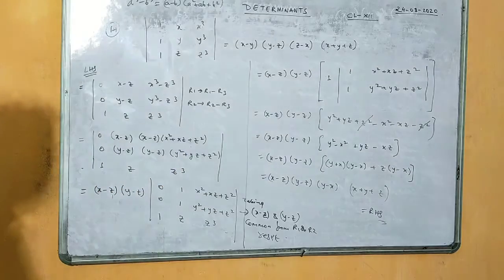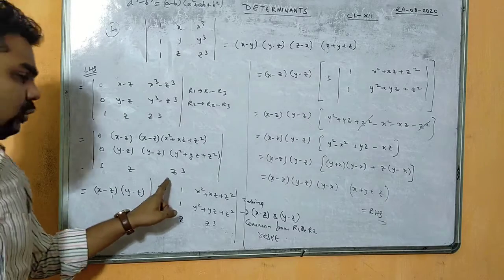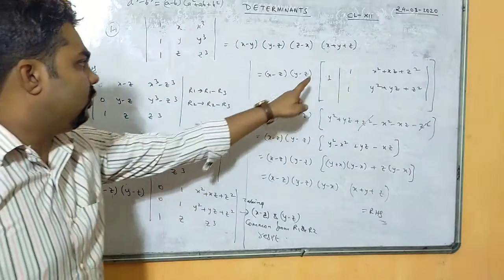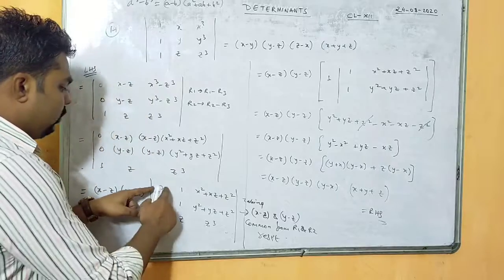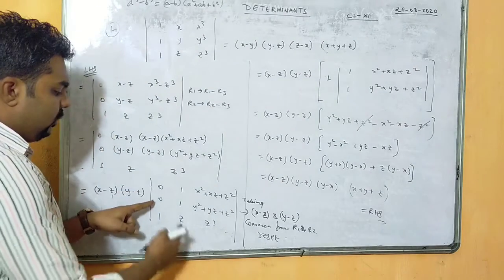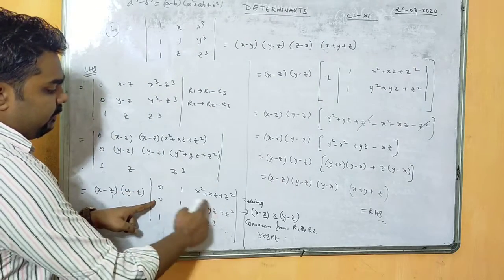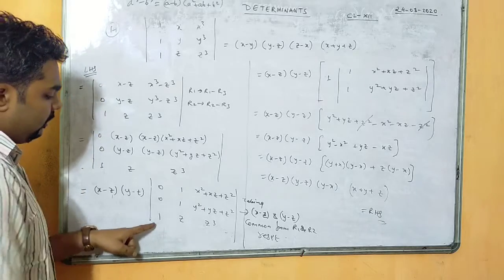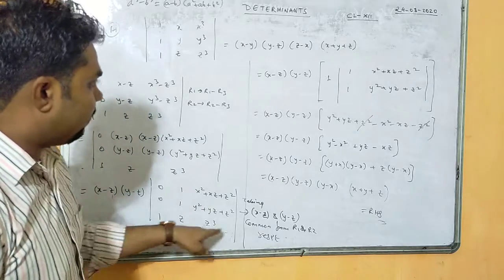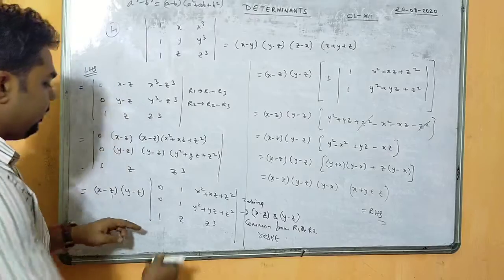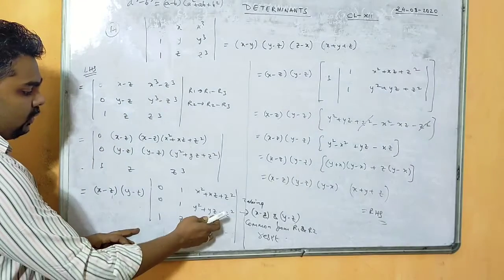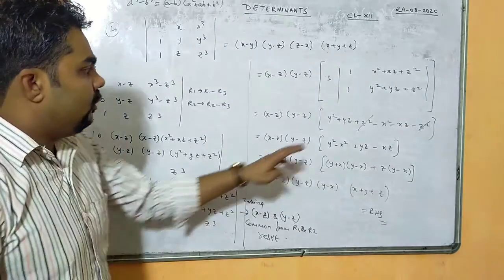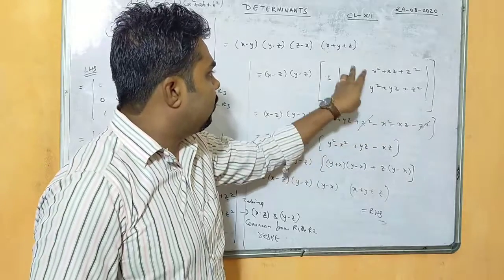Now after getting this one, we will expand along column 1. In column 1 we have two zeros, so 0 multiplied with the minus, we know it is 0. Similarly minus 0, when it is multiplied with the other term, again it is 0, but we have only 1 here, so we will expand along 1. Once you expand along 1, you will hide the corresponding row and column, and we will get these 4 elements. So when these 4 elements come here, we will just cross multiply.